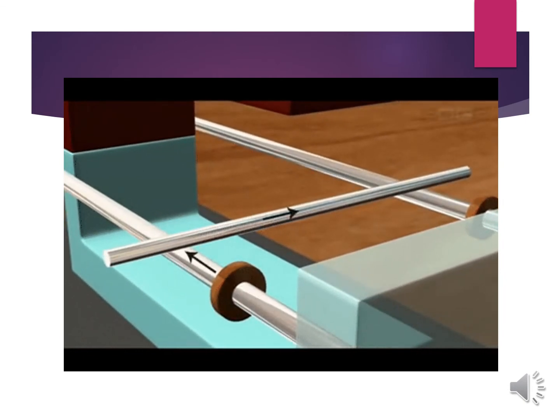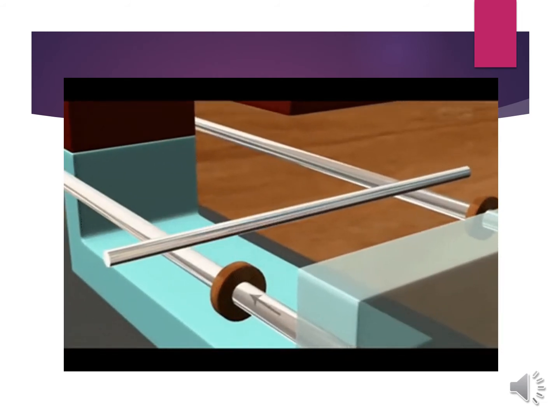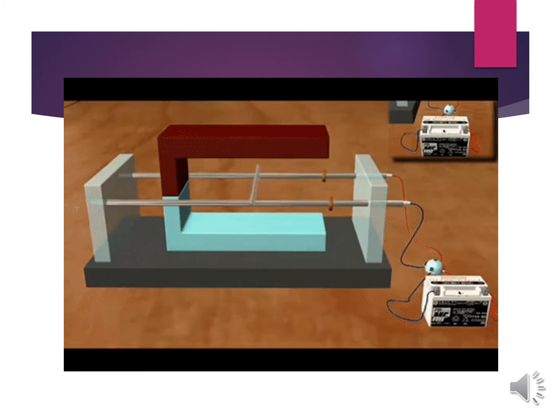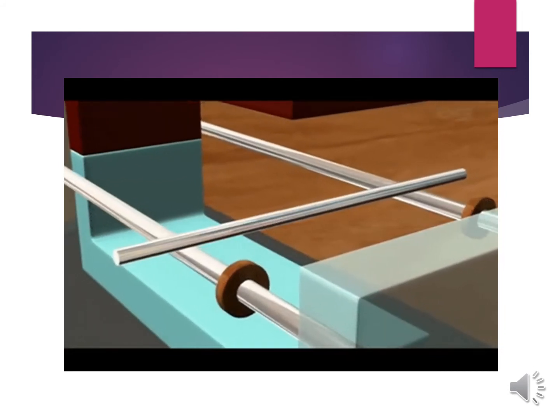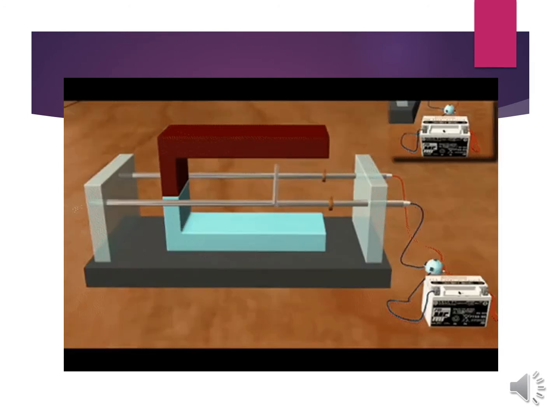This also suggests that the direction of force is reversed when the direction of current through the conductor is reversed. Now change the direction of the field to vertically downwards by interchanging the two poles of the magnet. It is once again observed that the direction of force acting on the current carrying rod gets reversed. This shows that the direction of the force on the conductor depends upon the direction of current.